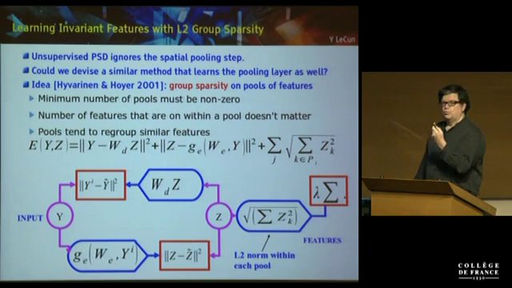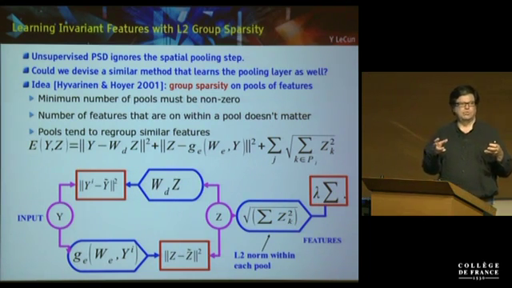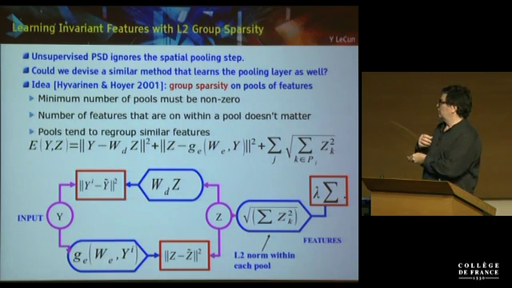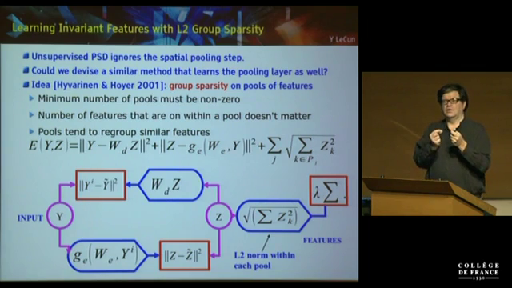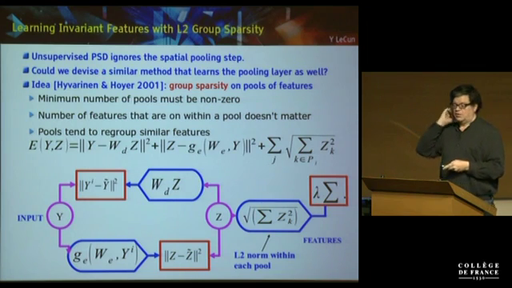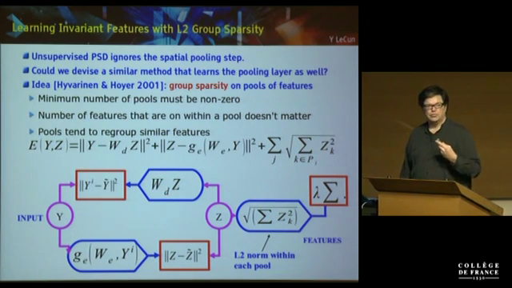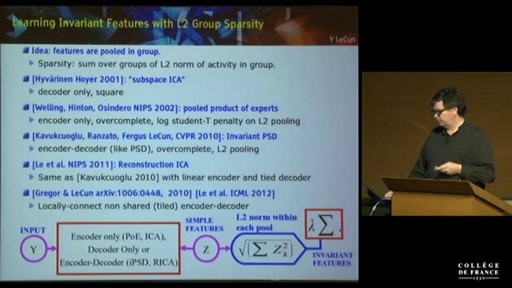Now, the system wants to minimize the number of groups activated, but within the group you can have as many activated units as you wish at no cost. Now, the system is organized so that the units that are in a pool are active at the same time,